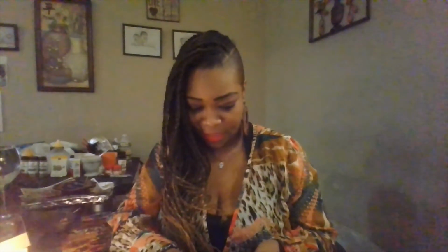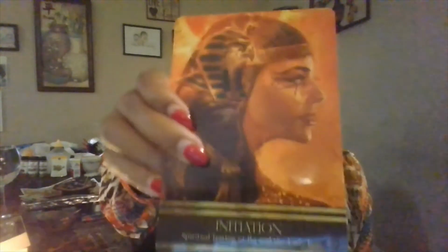Okay, so it says spiritual testing of Ra and the Lady Isis. Recently, well, not recently, probably about a couple of years back, I found out that I'm actually like a child of Ra. I'm a child of Horus. So that's very interesting that that came up. But the word initiation on the card is what definitely catches my eye the most,